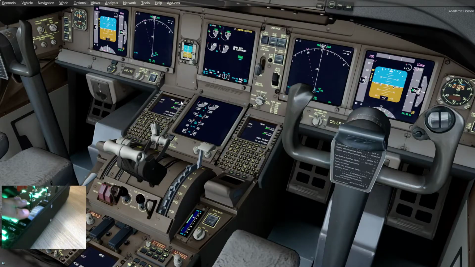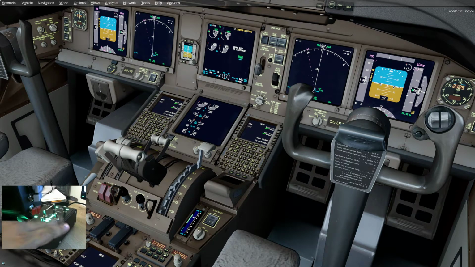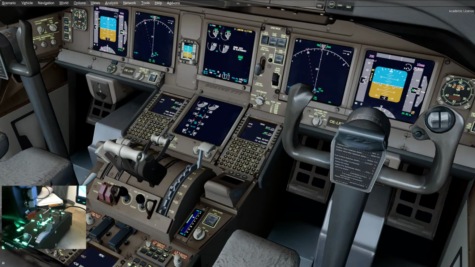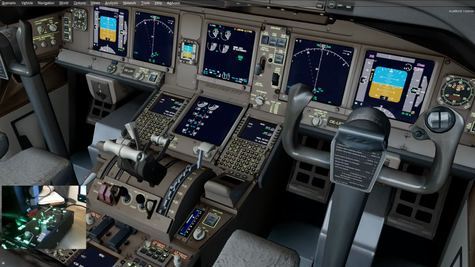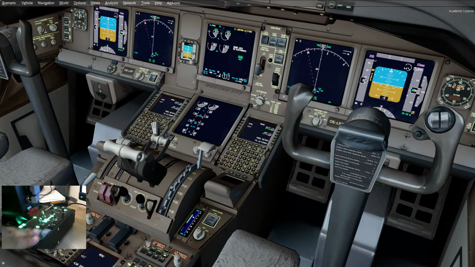Rescan. If I go back over here, this is what I use for my speed brake. This little one here. You can see sport. Sorry, so I'll show you in the sim. So up, and if you go all the way, it's full speed brake. All the way back is zero speed brake. Again, full forward, full speed brake. In the middle, half speed brake, and again it works perfectly in the air, but you've got obviously zero, half,